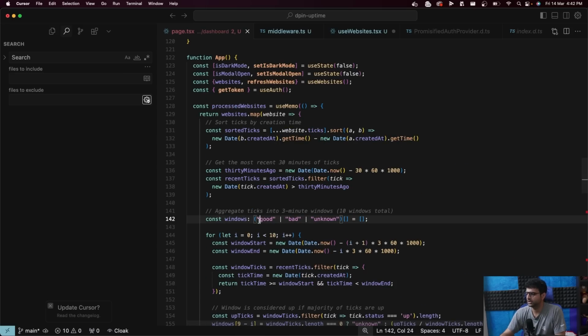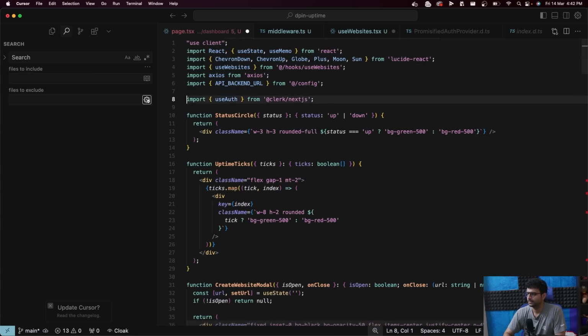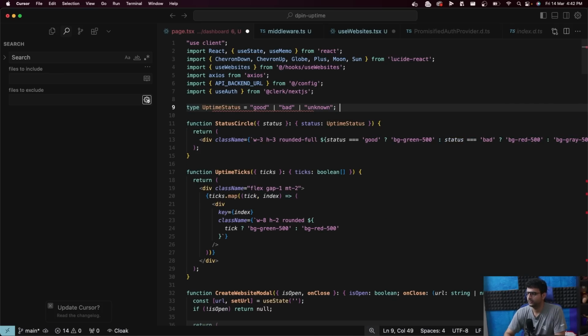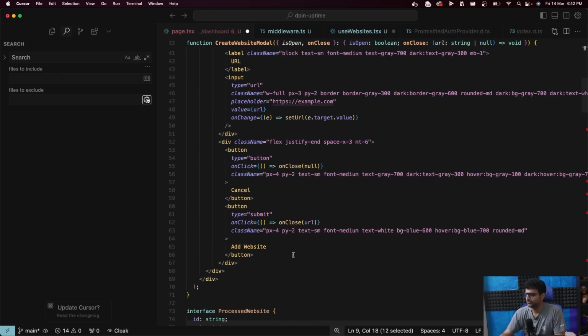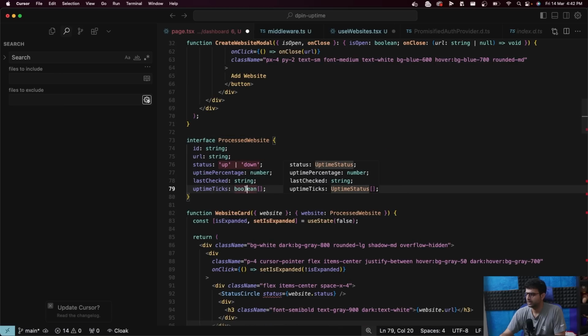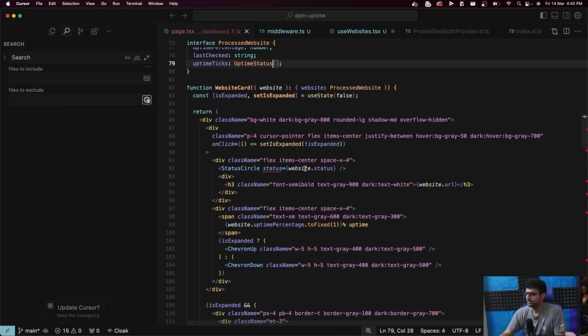Let's rename this to tick. Interface, there you go, or type uptime status: good, bad, or unknown. So here I will say status is process website, uptime ticks is an uptime status array, and here